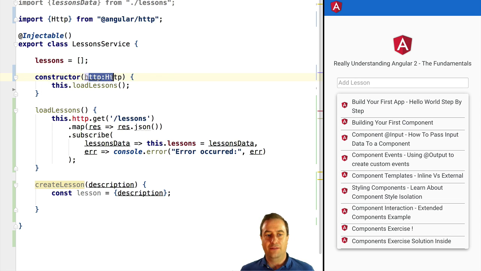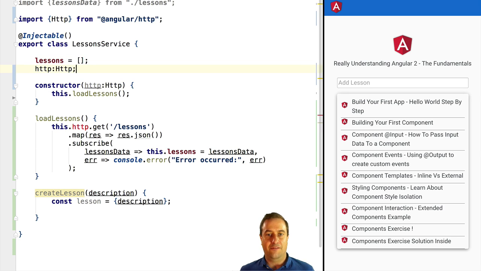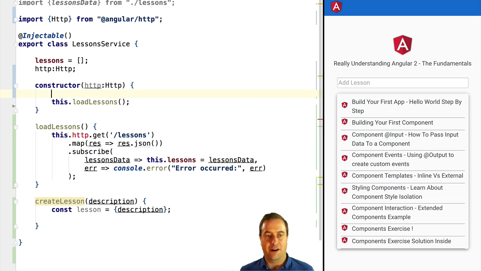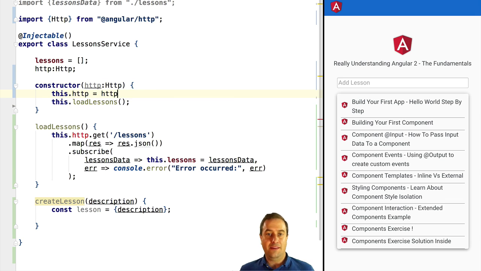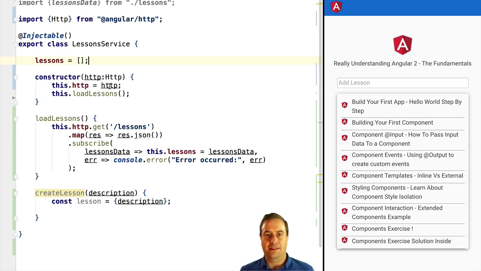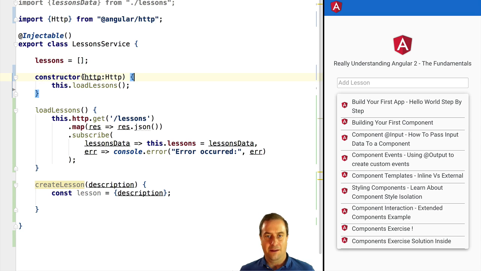This is equivalent to declaring an HTTP member variable, assigning it the value of the constructor variable, so this.http equals http, and also marking the member variable as private. So all of this can be achieved with this shorthand notation for declaring member variables of a class in the constructor. So the first thing that we are going to do here is that we are going to immediately add